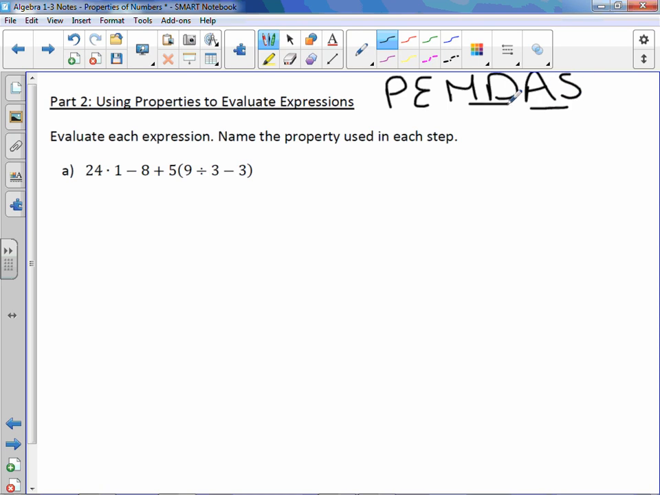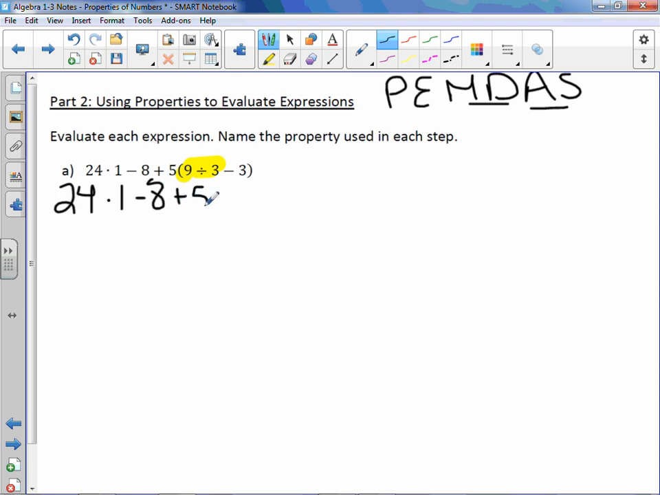We do our parentheses, then exponents, multiplication and division from left to right, and then addition and subtraction from left to right. So let's focus in on those parentheses. In the parentheses, I have to take care of 9 divided by 3 first. So let's rewrite everything else here. 24 times 1 minus 8